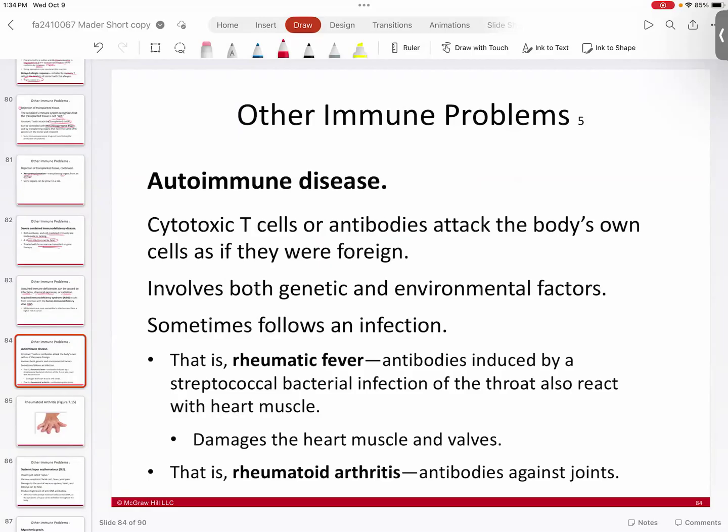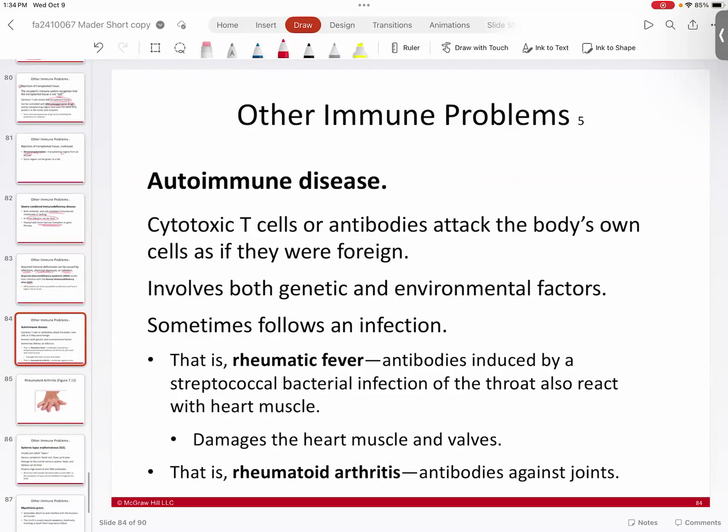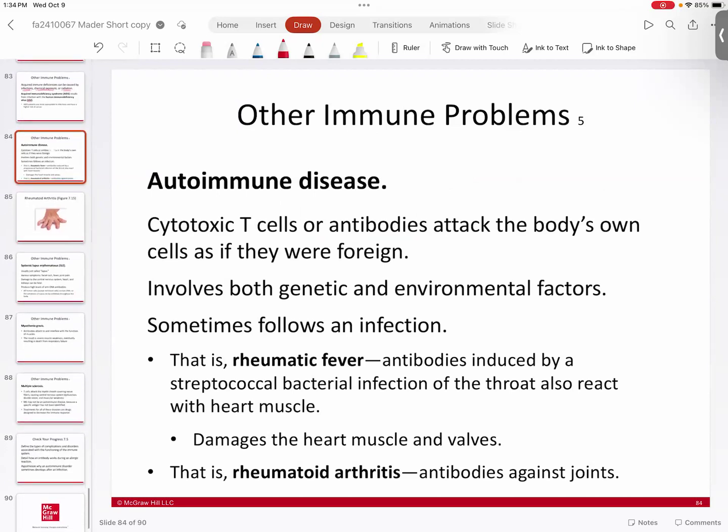Another thing that can create a little wackiness is autoimmune disorders. Some autoimmune disorders are genetic and some are acquired. There's a big spectrum of autoimmune disorders. Basically, an autoimmune disorder is when your adaptive system, either your cytotoxic T cells or your antibodies, attack your own cells as if they're foreign. So this is basically a fundamental breakdown